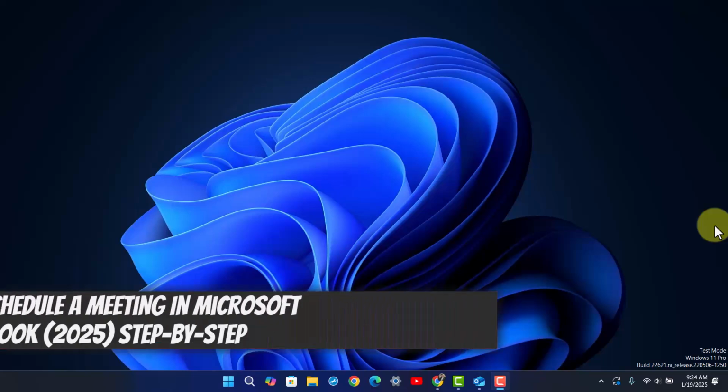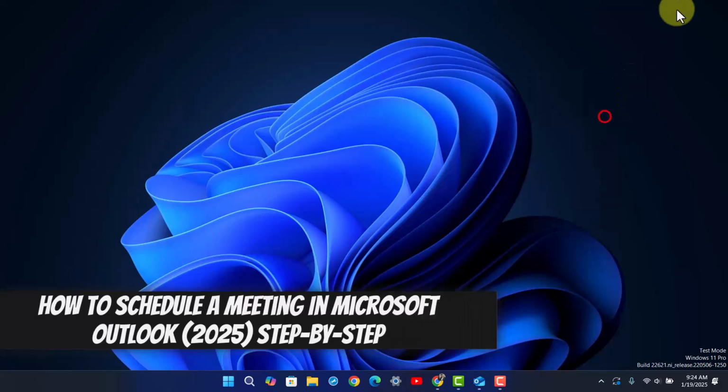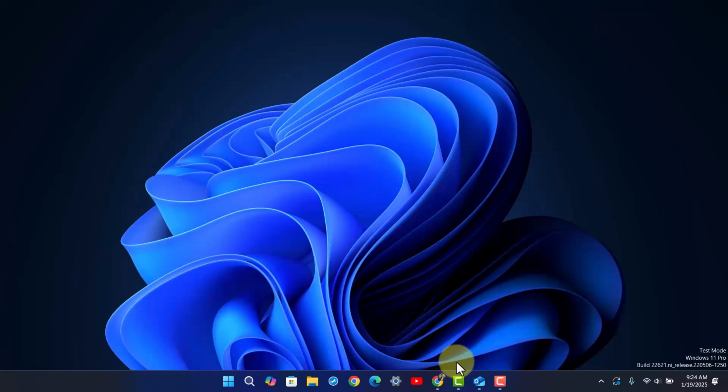How to schedule a meeting in Microsoft Outlook. If you want to schedule a meeting in Microsoft Outlook, it is very simple to do so. All you have to do is first of all make sure to actually open up your